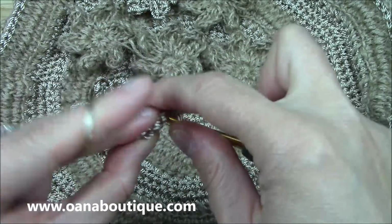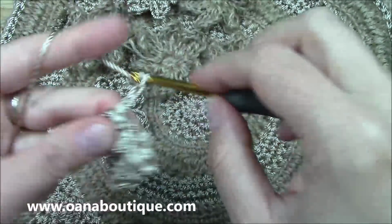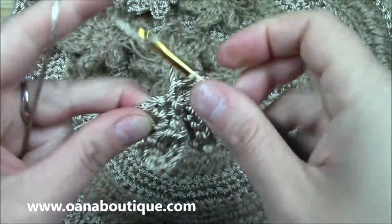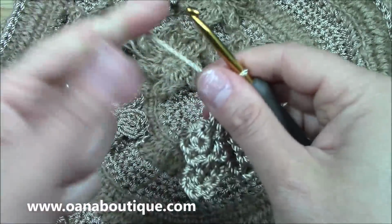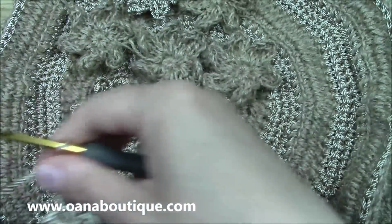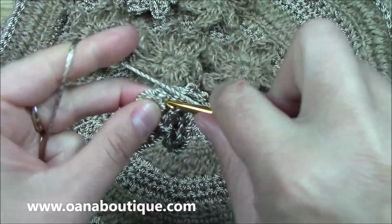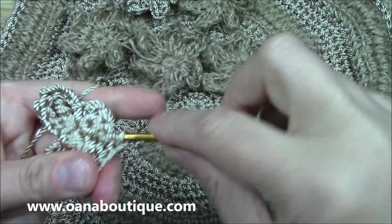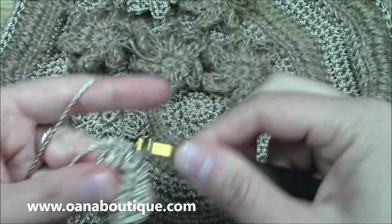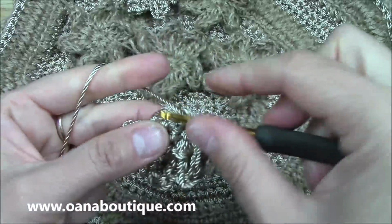Okay, I will go into the next, do the same thing, chain 3, 1, 2, 3, my first triple crochet, my second triple crochet, and chain 3 again. Okay, and this is how I will continue on for 3 more. So in each single crochet, working over, as you can see, the tail too, so I won't have the tail at the end. Okay, then with the hot glue,